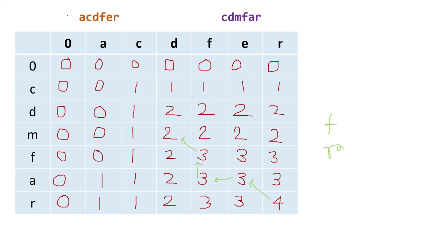Now between here M and D is not matching, but it is max, so it came from this direction. And now here if you check, D and D is matching, that means it came from here. So D we have to write here as it's a match. Now here C and C is matching, that means it came from here, right? So we have to write C here, and this is just the end of the thing. So this is the string CDFR, which is the matching part and the longest common subsequence here.